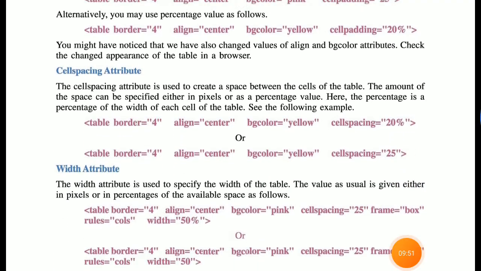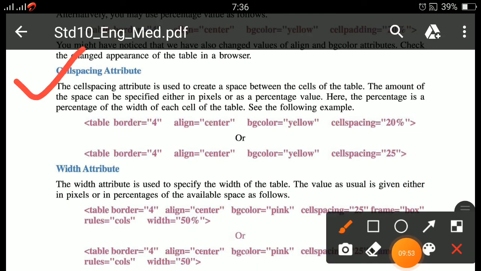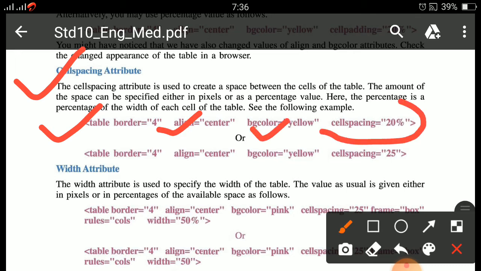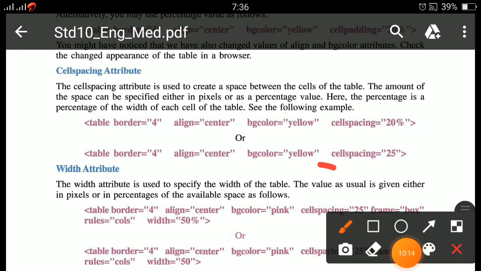Now next one is cell spacing attribute. Same as cell padding. Here table border is equal to 4, align is equal to center, bg color is equal to yellow, and cell spacing. Cell spacing, here either you can specify 20% or you can specify a particular value.